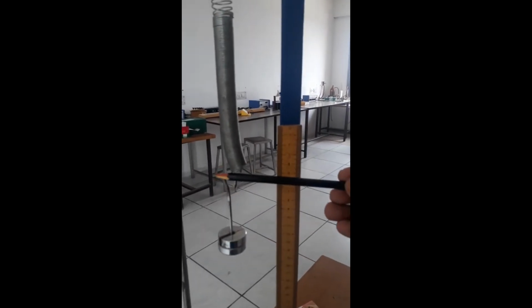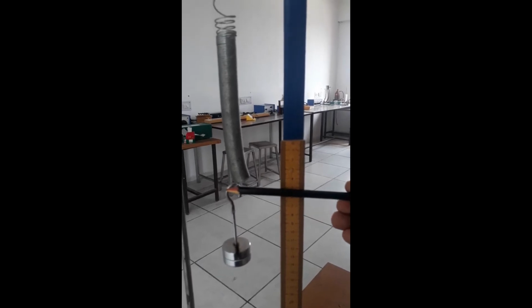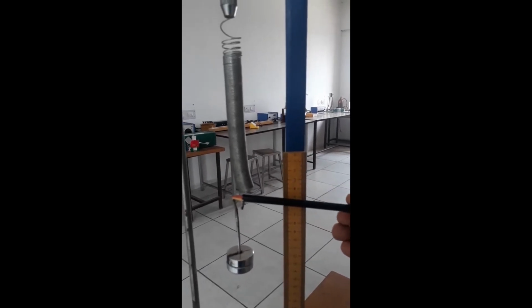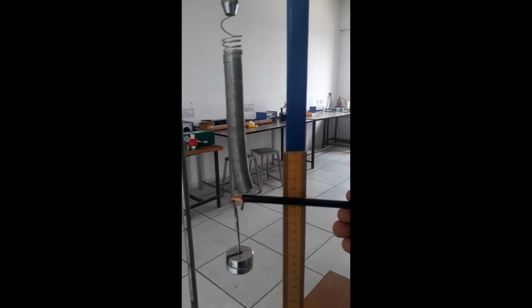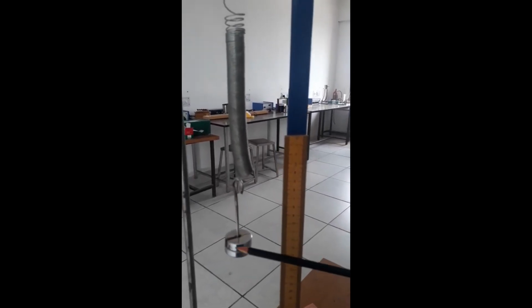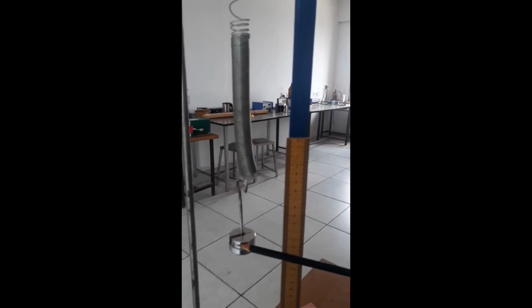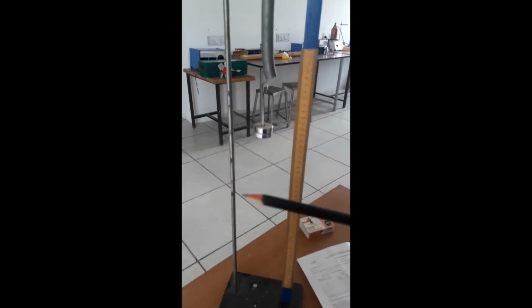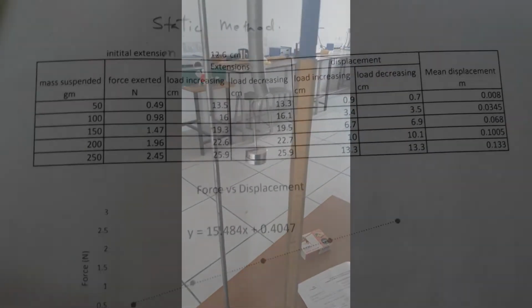So now you want to again measure the extension of the spring after the mass has been attached. Okay, so now we have the hanger, which is 50 grams, and then you have an additional weight that is another 50 grams, so 100 grams is added. And so you want to do the measurements for 50, 100, 150, 200 and 250 grams.